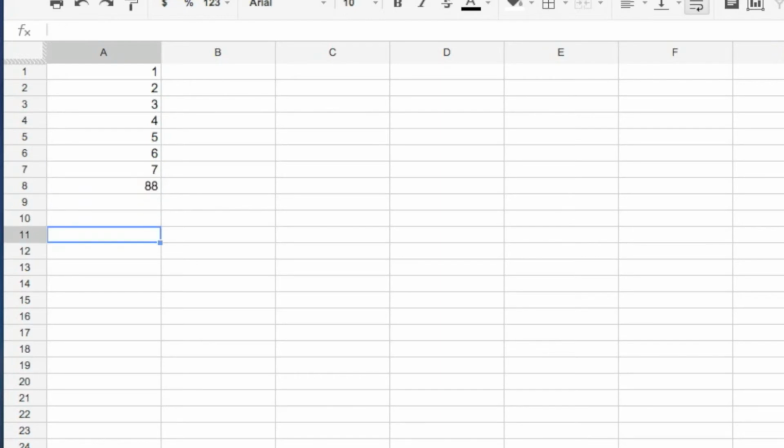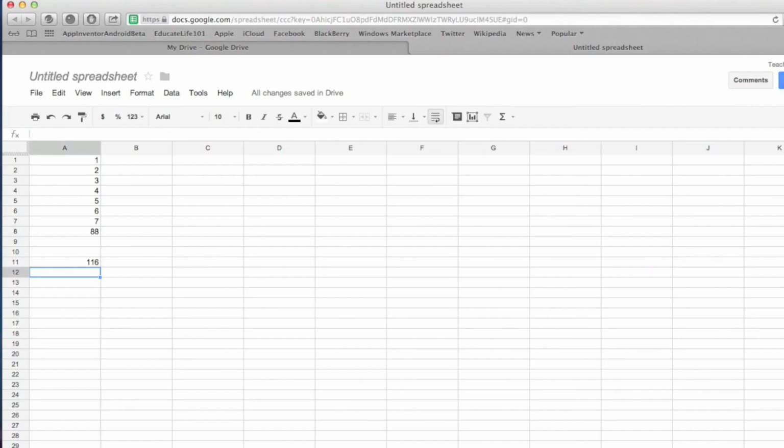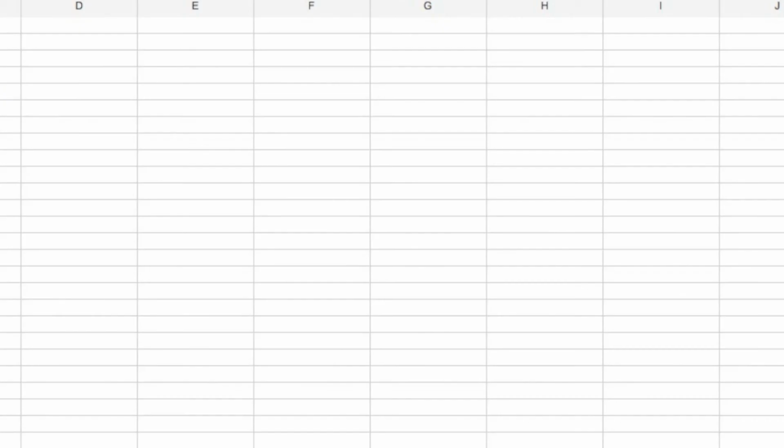And if I want to say equals sum, and I can put my parentheses in there, and I select these numbers, put my right parentheses in, and I hit enter, I get the total number. See? So it works,